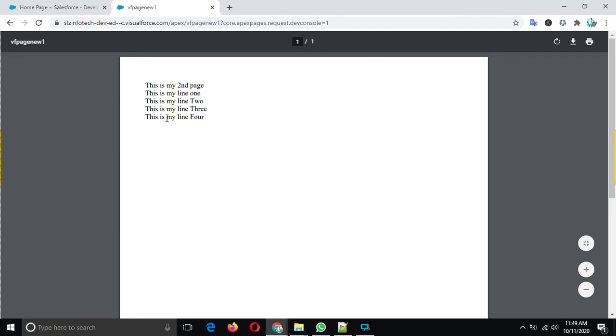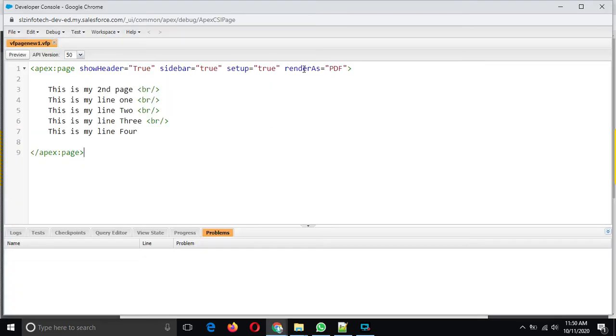So this content we have received as output in PDF format. We can download it if we want. So this is the feature of renderAs.